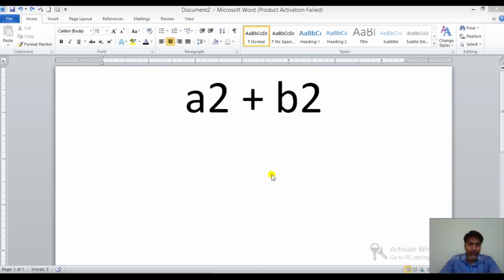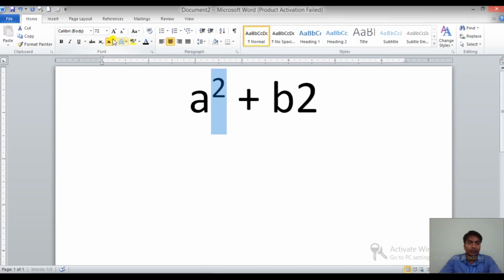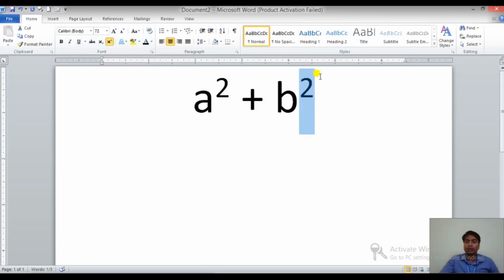Okay, now see the example how to apply superscript. First, select the text where you want to apply superscript formatting. Then click on superscript in font group. The text will be changed to superscript. Once again select the text where you want superscript formatting, then click on superscript button. As you can see on the screen, this is the superscript button. Just click on superscript button, the text will be changed to superscript. Understood? This is how you can apply superscript.